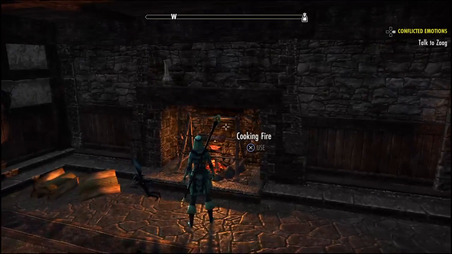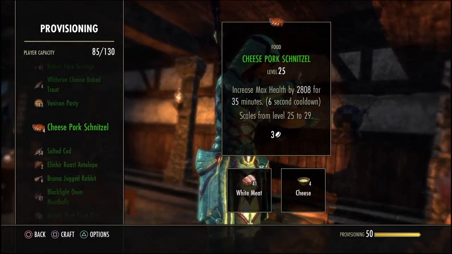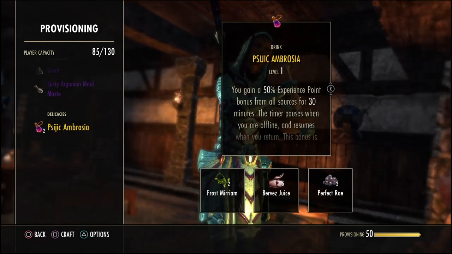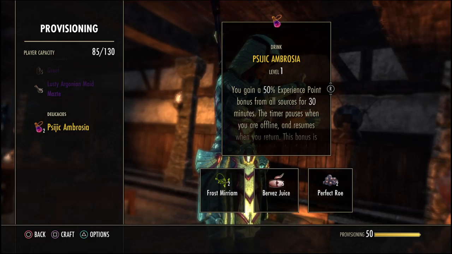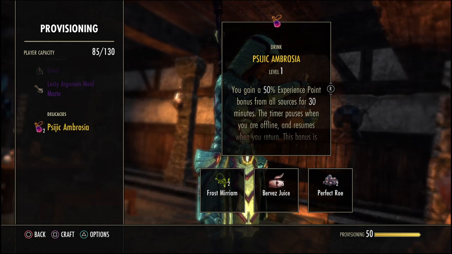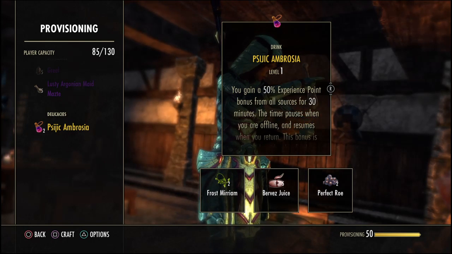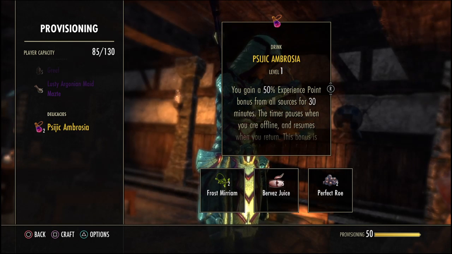So yeah, anyway, let me go ahead and use the cooking fire. I already know I have all the parts. So all the way at the bottom. Before you make it, basically you need frostmarium, you need beverage juice. If you go into the guild stores and you sort it by crafting and then provisioning and then ingredients, you might notice if you do run across frostmarium and